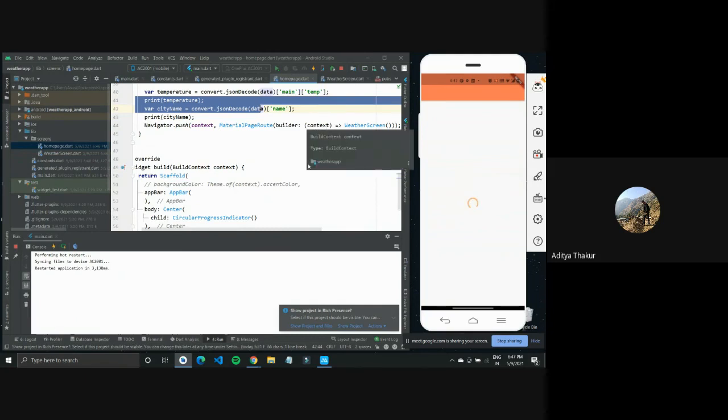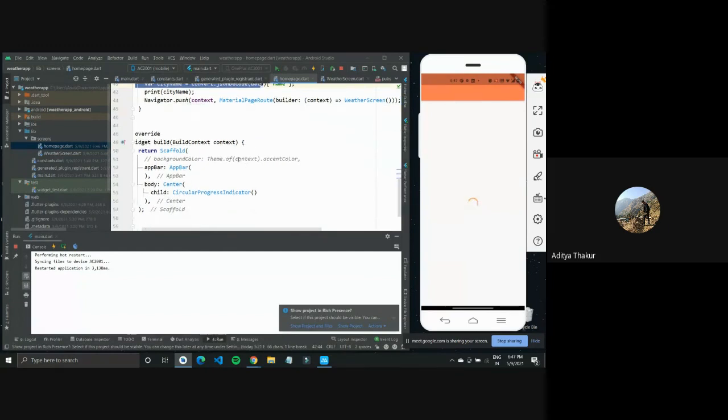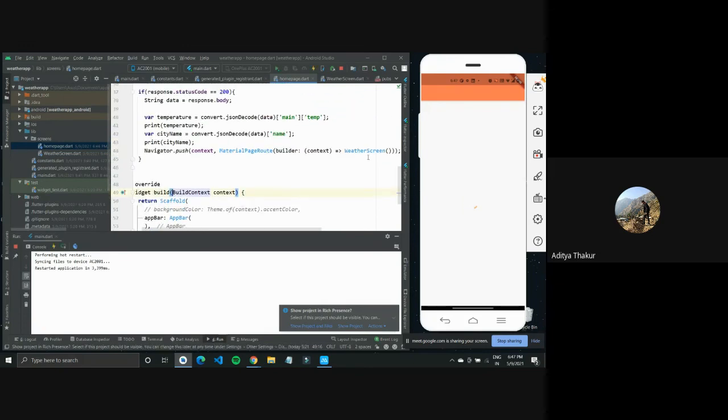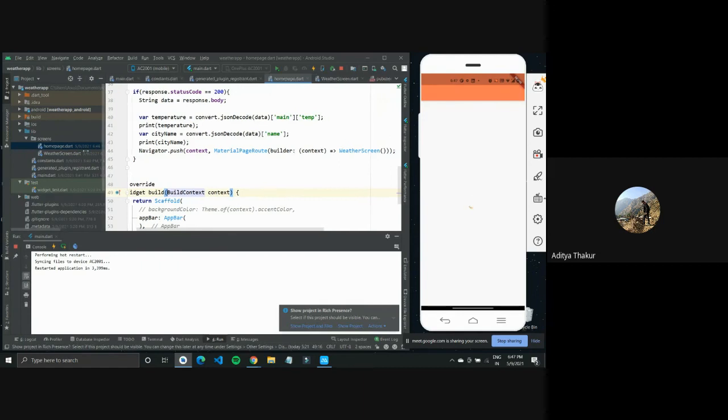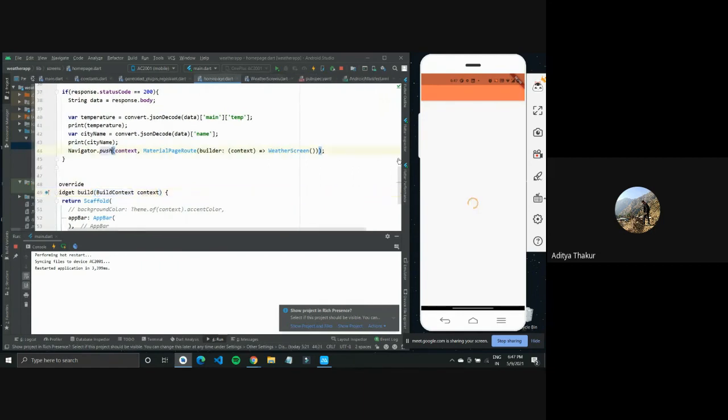So right now it is something that can use some work, as in instead of using dot push, I can use push and remove until, so that would completely remove the base widget from my stack. These are advanced concepts, you can look into them later as you go. But for now we are doing this. We aren't having everything on one screen itself, so we are pushing it to a new screen.